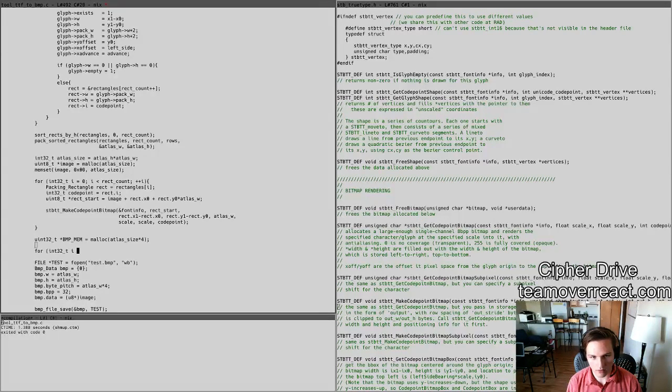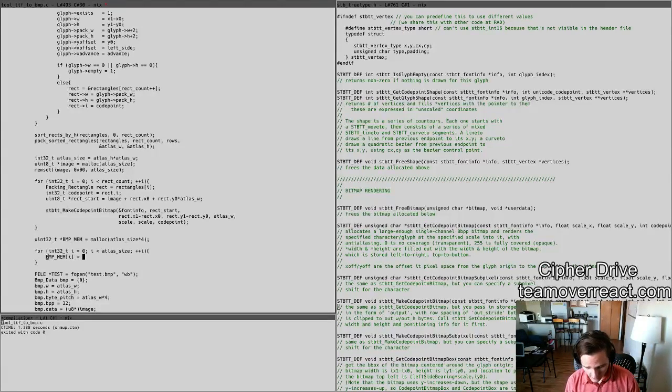For i equals 0, i less than atlas size, plus plus i, and then what we need to do is bumpmem[i] needs to equal 0xff